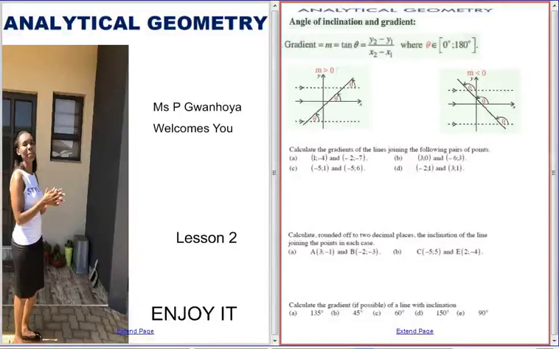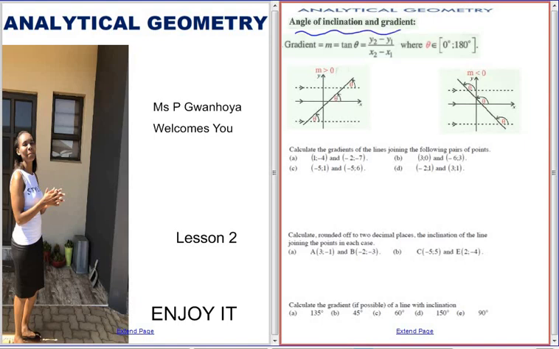All right, grade 11s, we are still on our analytical geometry, and this is your second lesson. And it is my wish that you will enjoy this one so much. Well, here we have something new in this lesson, and it is the lesson we are going to learn about